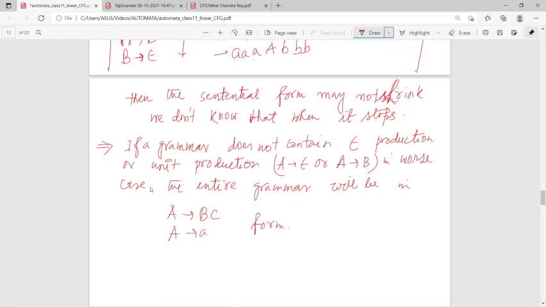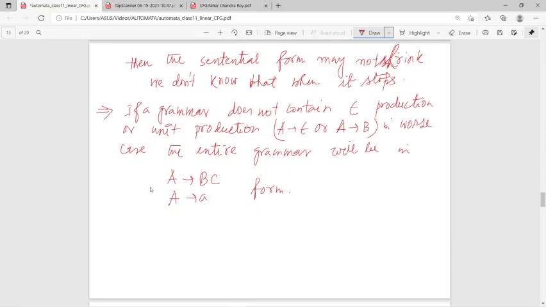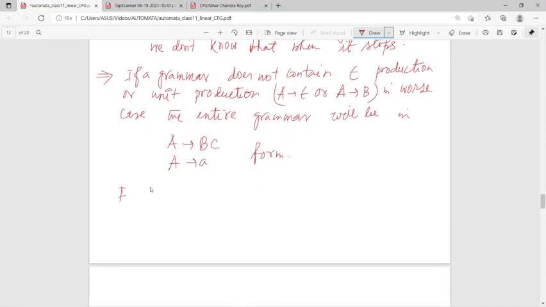It may be possible. So if we do the derivations using this,